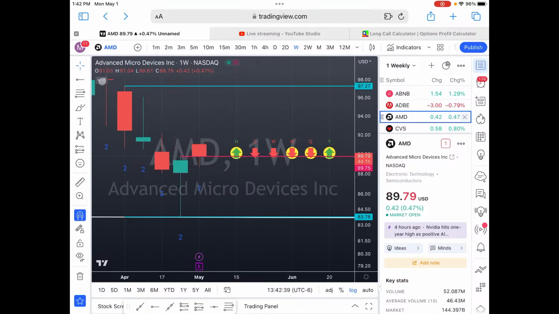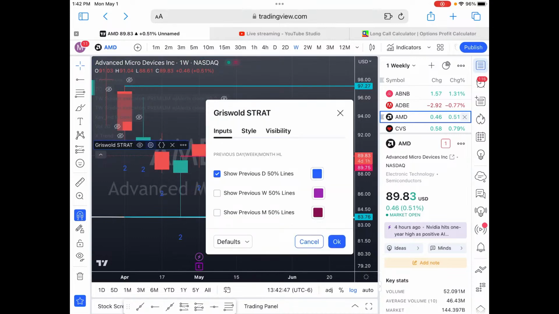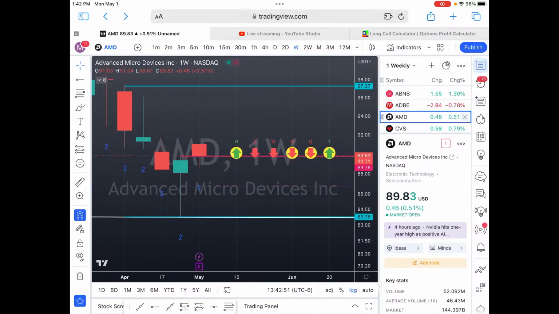If I go into my Griswold Strat indicator and go into settings, I can put on the previous line of the 50% marker. That's that purple line. What he says is if you close below this 50% line, then that's when you should be out of that trade. The reason I have a hard time with that is because, and it's fine,